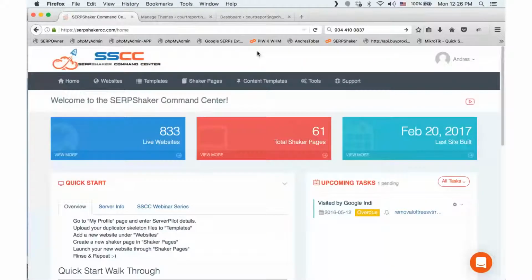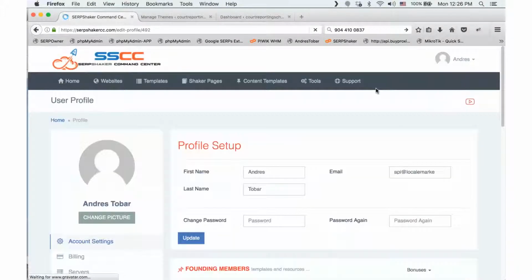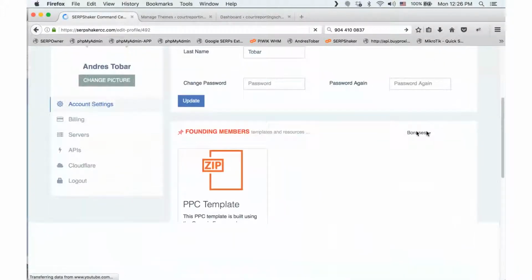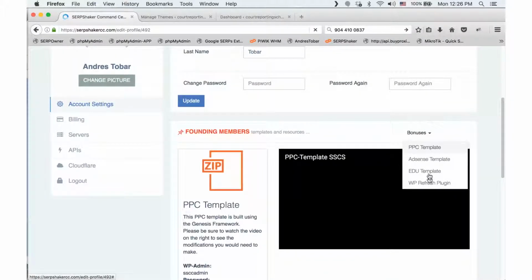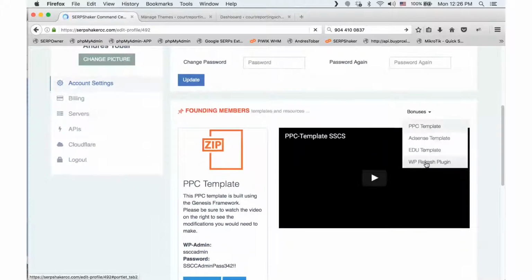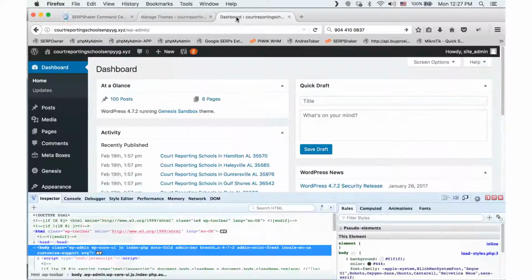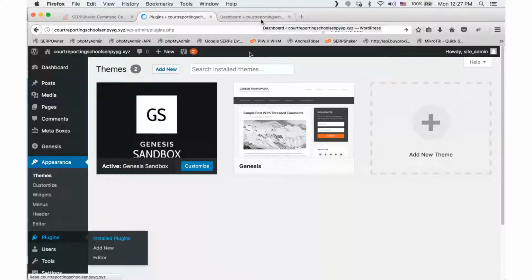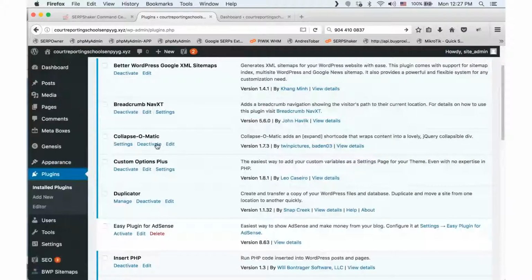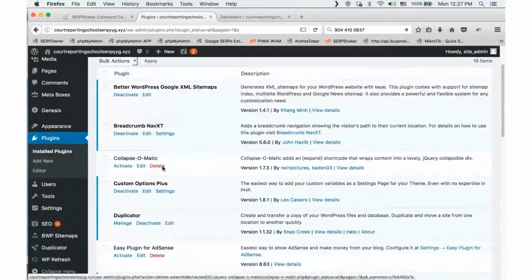I did provide, under your profile, the edited version of collapsomatic that would allow you to hide that. Oh, it's actually not here. So I got it uploaded, but there is a specific version of collapsomatic that I've hacked up a little bit in order to be able to hide that. So let me show you what that should really look like. It shouldn't show those little arrows there. So if we delete that or deactivate it, and I delete it,